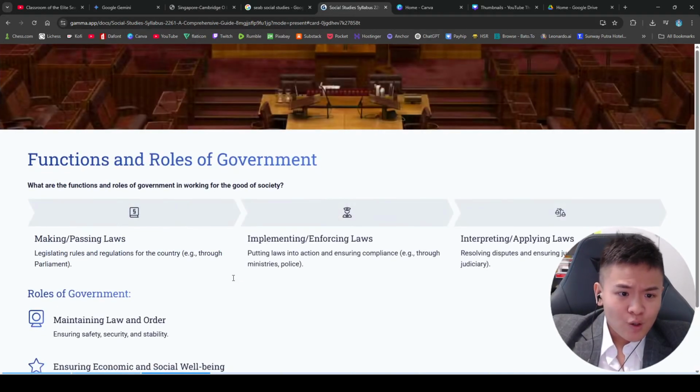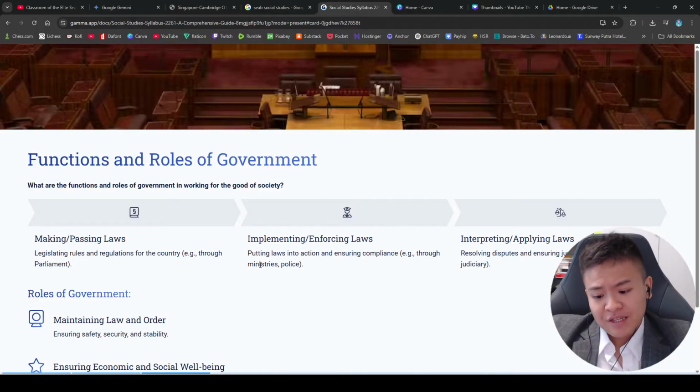Next, we're going to go on to the functions and roles of government. There's only three different points, which is the making and passing of the laws, which basically means legislating rules and regulations for the country through parliament, implementing and enforcing the laws through the various ministries or the police, and lastly, interpreting and applying the laws, resolving disputes, ensuring justice through the judiciary system,